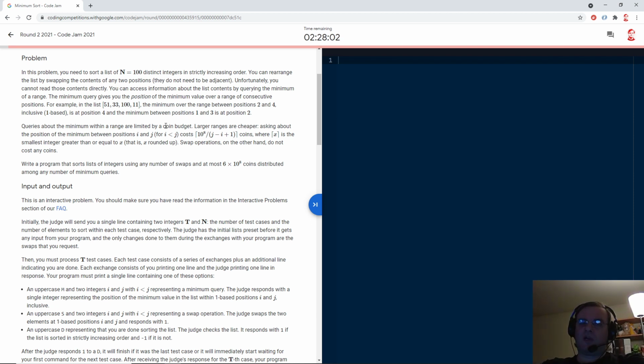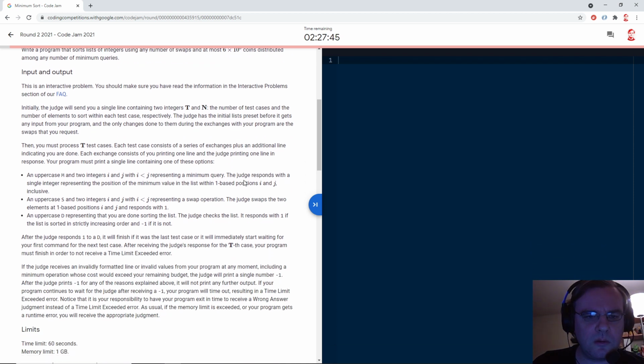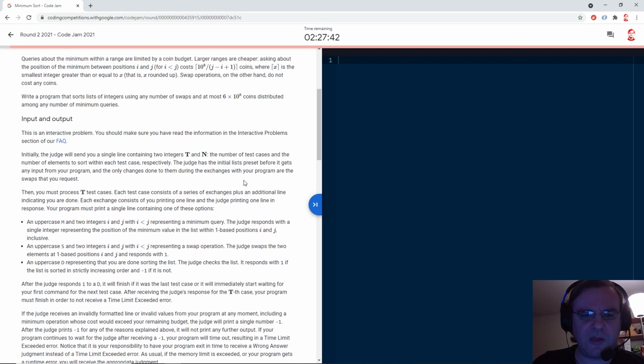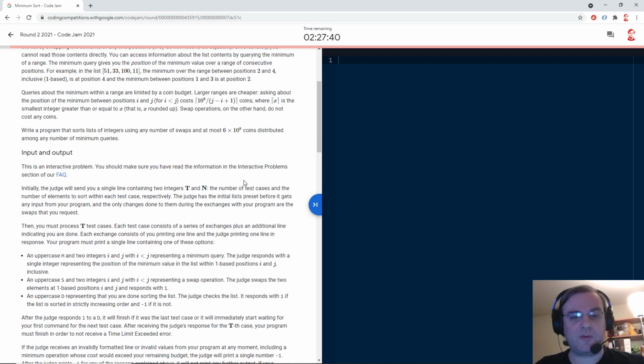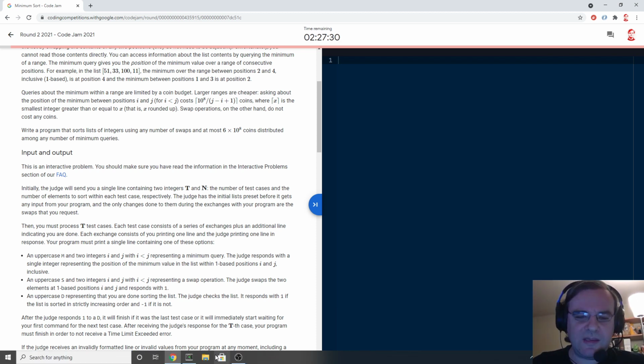So the most obvious solution I can think of gets 1/2 plus 1/3 plus 1/4, etc., which will. Oh, wait. Yeah, that's fine. For n equals 100, the sum from 1 to 100 should be approximately log n, which may be less than 6 times 10 to the 8.